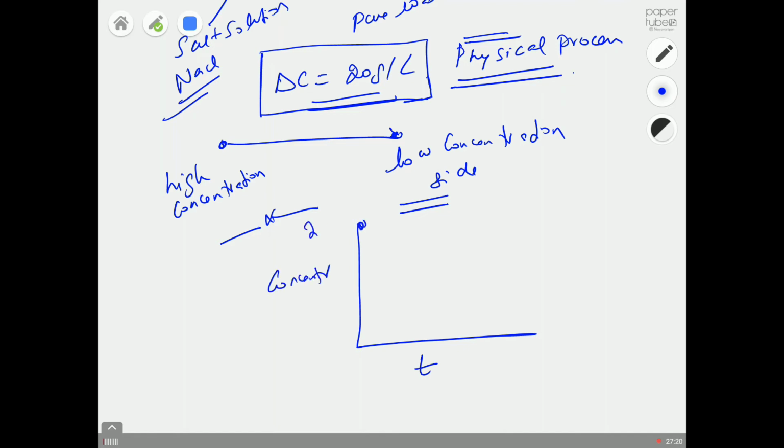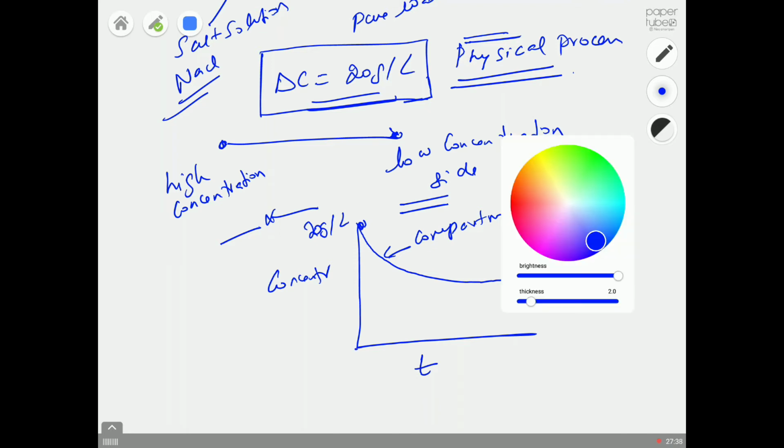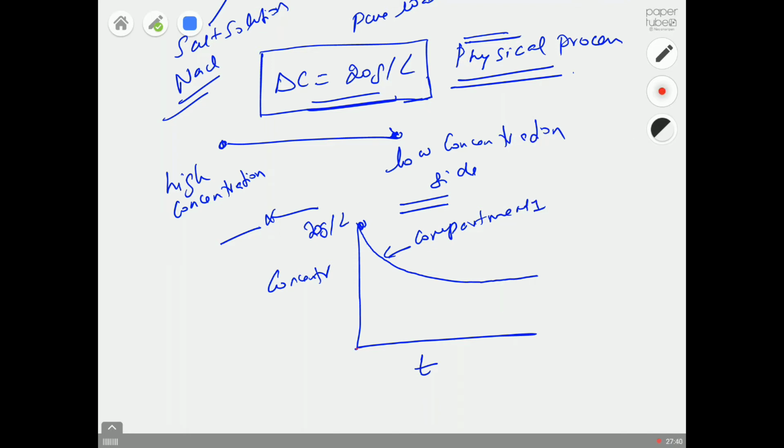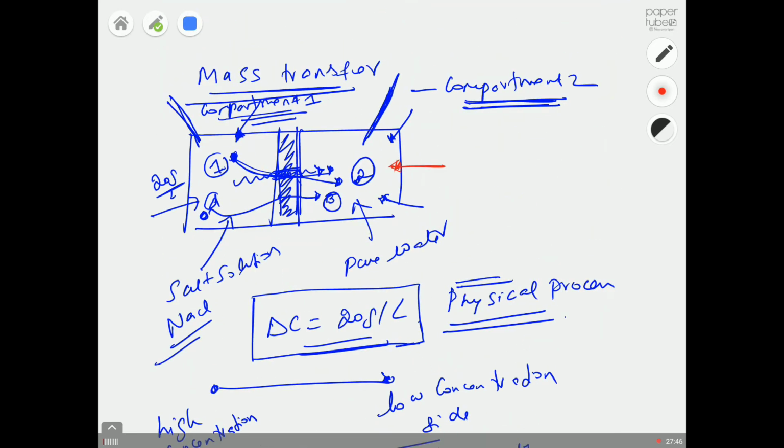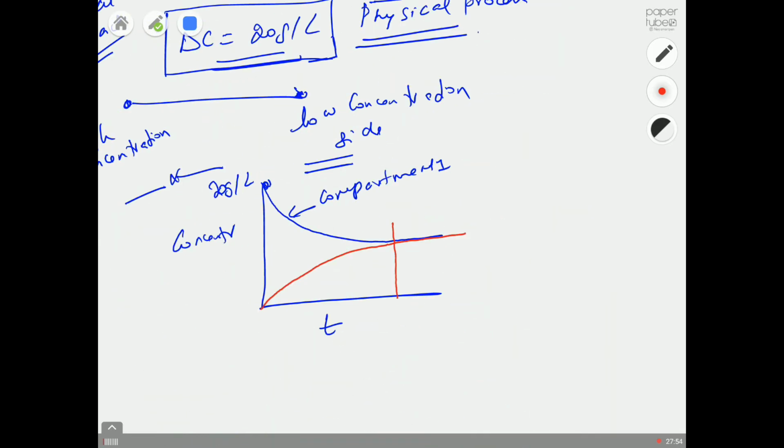so this is your 20 grams per liter. So this is the one from compartment 1. And if you monitor the concentration of the salt in compartment 2, it will go something like here. So the concentration in this compartment will increase with respect to time, and the concentration in compartment 1 will decrease with respect to time, and eventually at some point they will reach saturation,